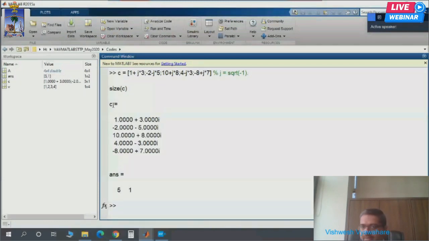You might have a false impression that MATLAB works with only real numbers, matrices and arrays. No, it can generate arrays of complex numbers also. Now here, if I do C prime, C is a column vector with entries as complex numbers. Its size is 5 cross 1, 5 rows, 1 column. Now I want to get the transpose of C.